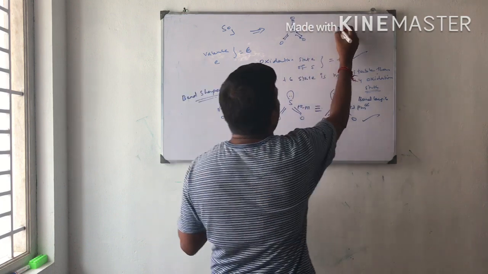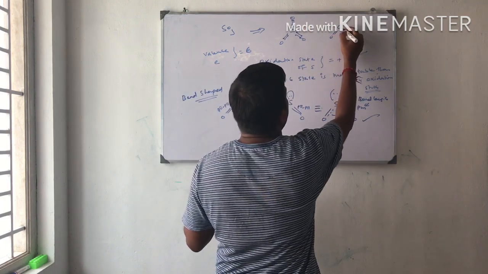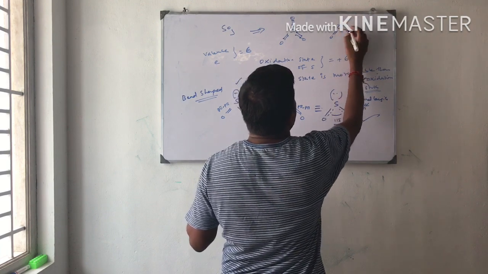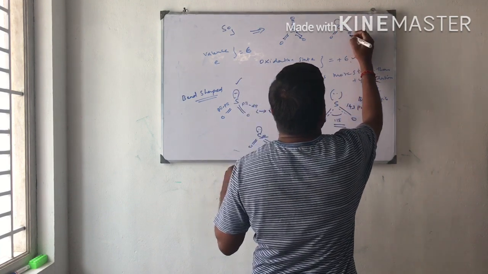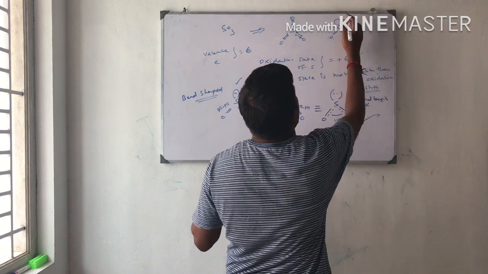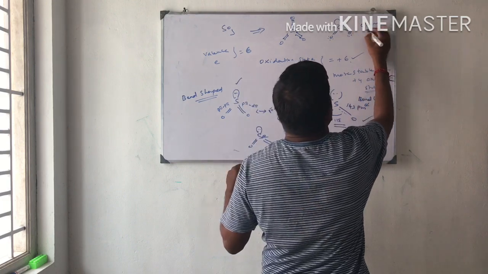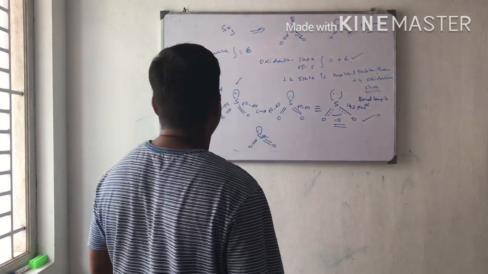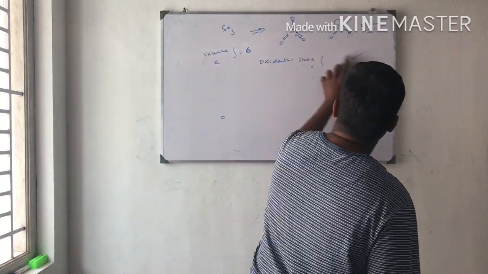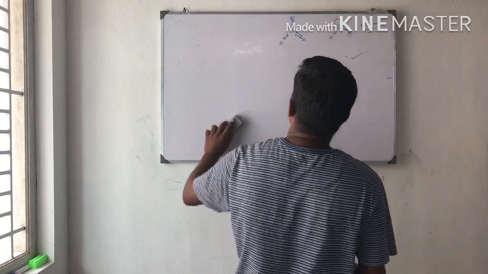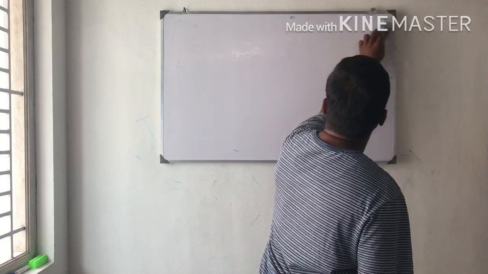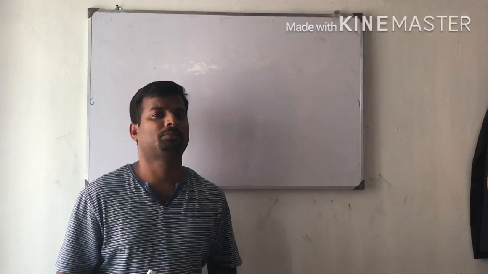O3 molecule is also similar like this. Double bond, single bond. This is the O3 molecule, the structure of ozone. So these are the examples of trioxides. This is an example of dioxide, that is the example of trioxide. Sulfur trioxide, ozone, and sulfur dioxide. These are the things related to the oxide part.